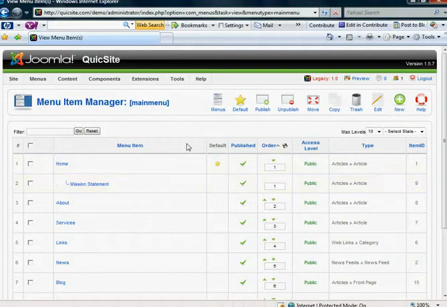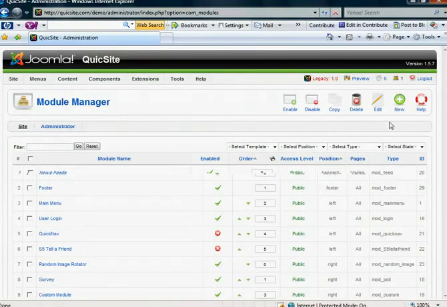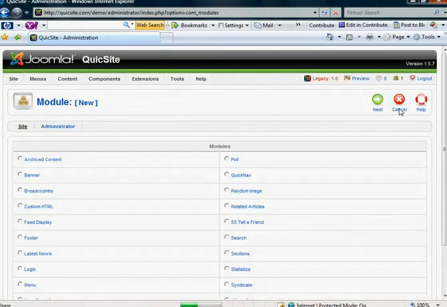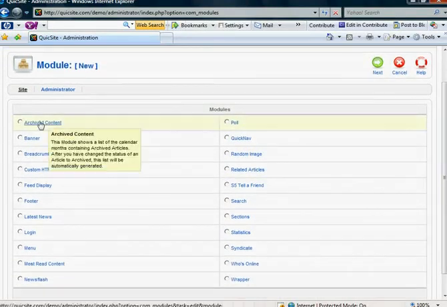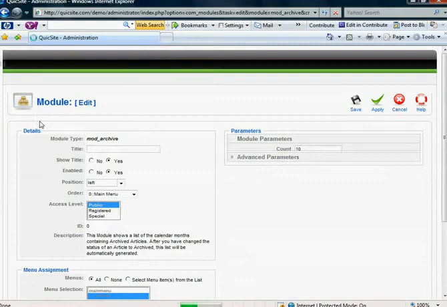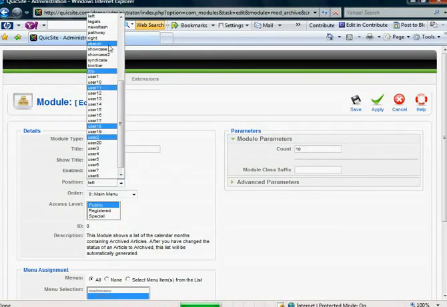Alright, the third thing I want to do now is I want to come over to extensions and mouse down to my module manager, and I want to come over and create a new module, and the module that I want to create is actually the archived content module. And for the title, I'm going to give it blog archives, and I want the title to show. I'd like it to be enabled, and I'm going to go ahead and choose it to show on the right side of the site,